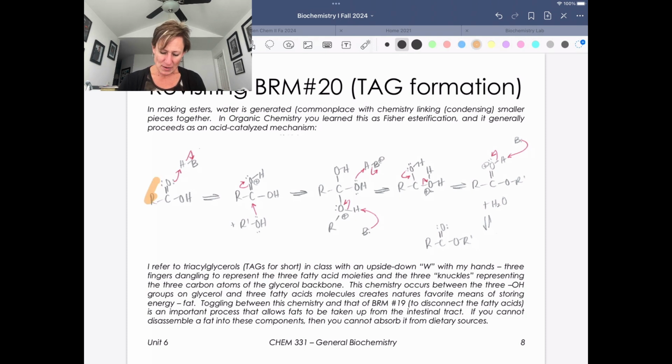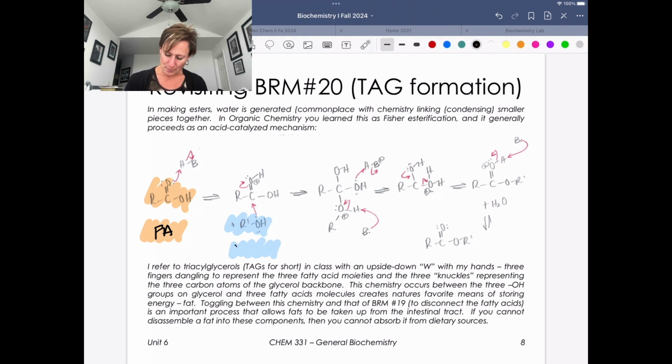Okay, so when we are making esters, we are generally going to be talking about having a carboxylic acid functional group. Remember that carboxylic acid is going to be coming from our fatty acid, and we are going to be combining that with an alcohol. And that alcohol is going to come from our glycerol backbone. Okay, so this is often referred to as Fischer esterification, but I want to walk through the mechanism of how